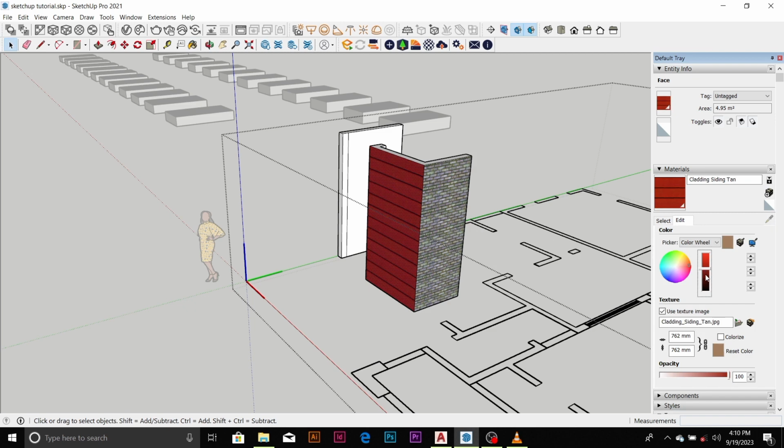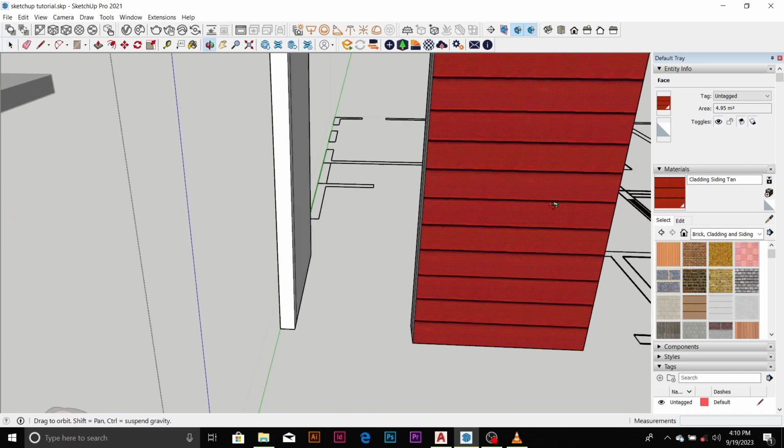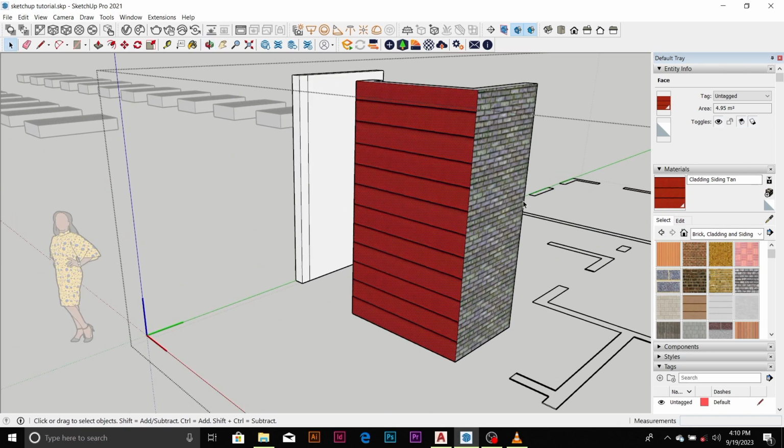So that is how we edit our material. If you are done, just press select. So you see that it has changed. So that is how we edit material too in SketchUp. So the final section,